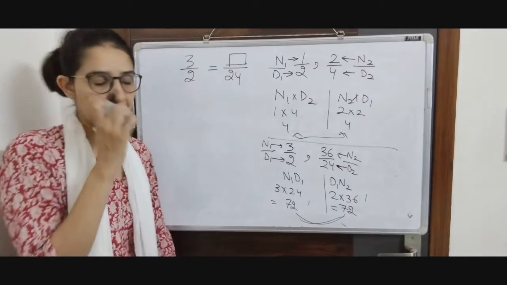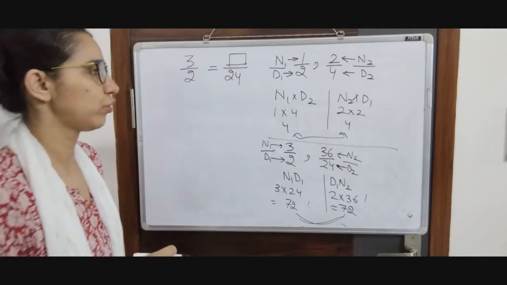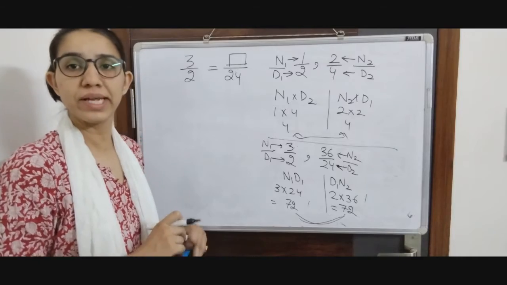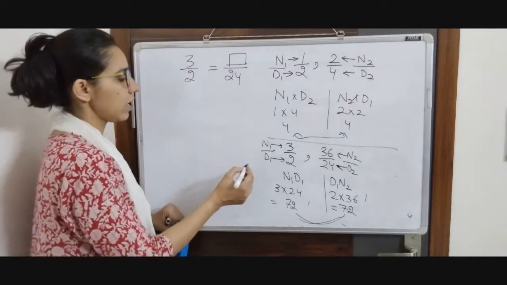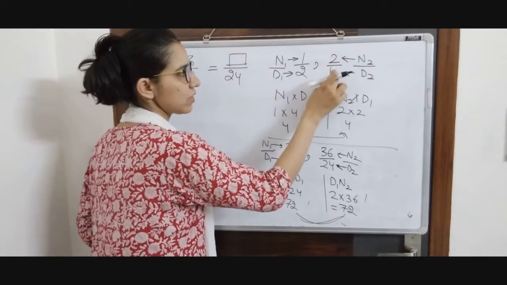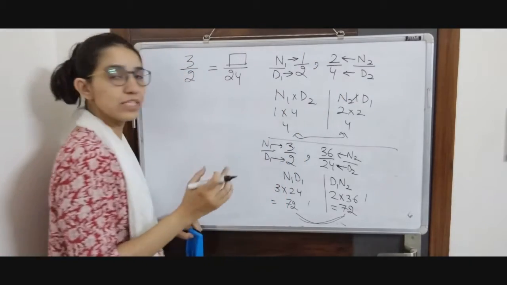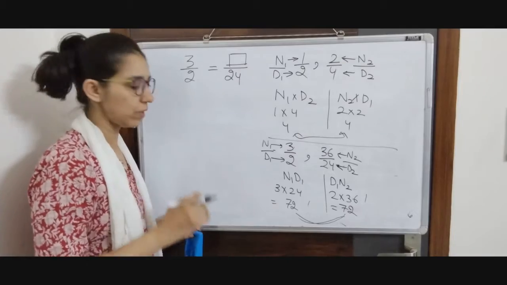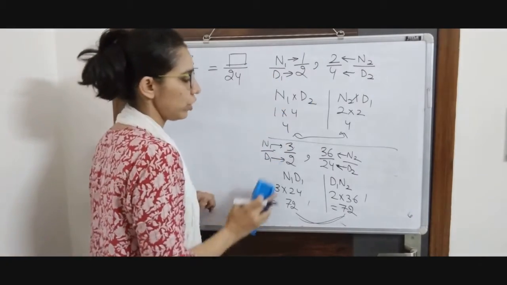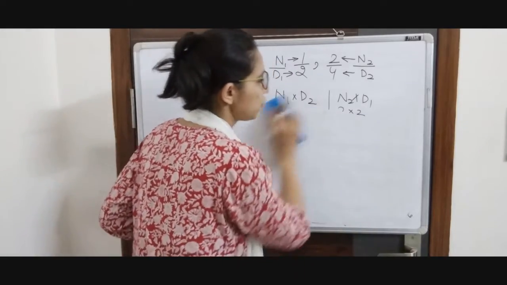We can check for other fractions also, but it is the same for all equivalent fractions. So we can take the inference from there. If we multiply like this, you have to multiply this with this and this with this, and this multiplication is known as cross multiplication. And we will not be writing N1 D1 and N2 D2. I'll show you what we will be doing.